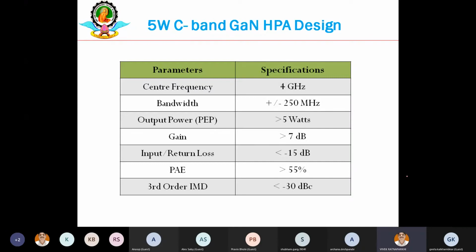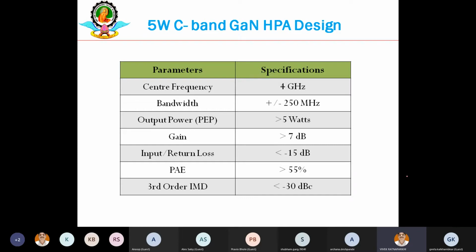The GaN is what? Gallium nitride. Gallium nitride is actually a semiconductor material which is very, very suitable to design solid state power amplifiers. If some of you are interested, again, as I said, there are a lot of things which we can discuss, but keeping the time constraint in mind, I can keep all these things for our question answer session. If any particular participant is interested in any particular topic, we can raise the discussion on that topic.